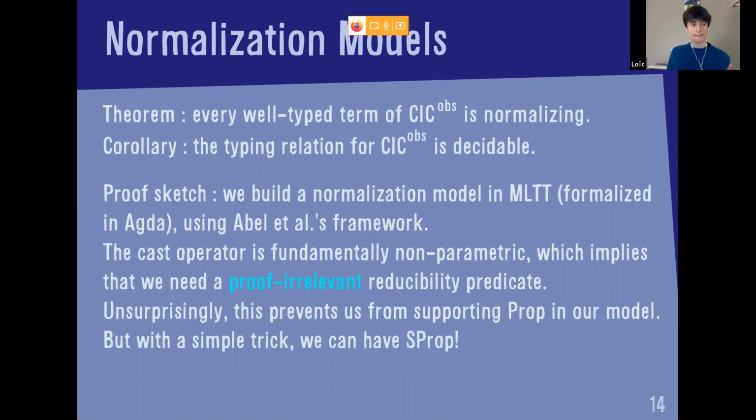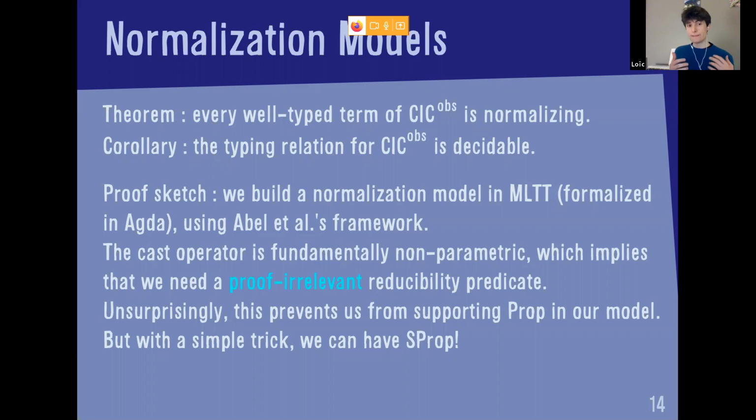Okay, so this is the part on the semantics in toposes. Now let's look a bit at normalization models, which we use to prove computational properties of our theory, in particular that every well-typed term is normalizing, and as a consequence that the typing relation is decidable.